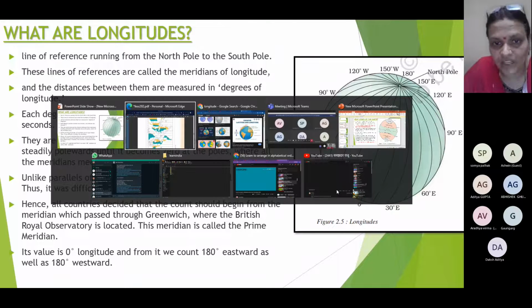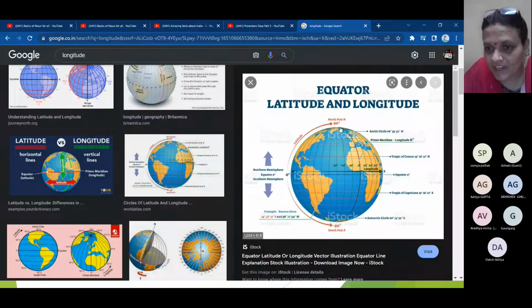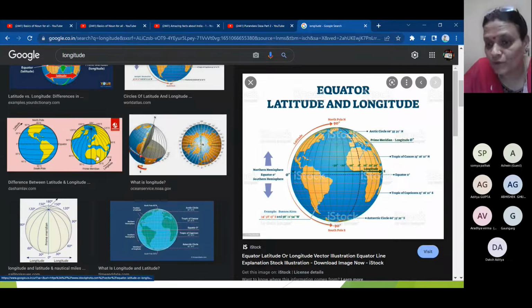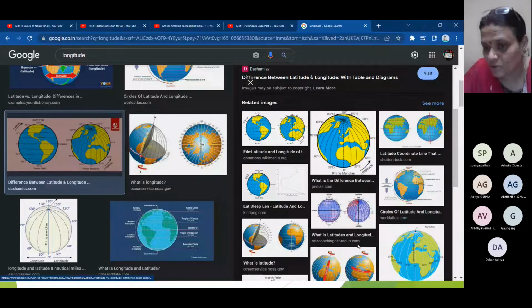So now I will show you where the prime meridian is. Here, see, 0-degree at the equator. And if you go to London, in Britain, there is Greenwich. And so we follow GMT, Greenwich Mean Time. That is the standard clock which we follow. The complete world follows that.